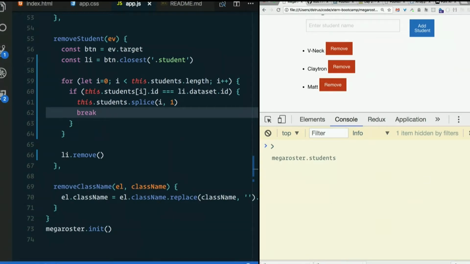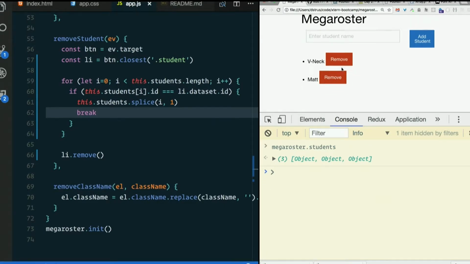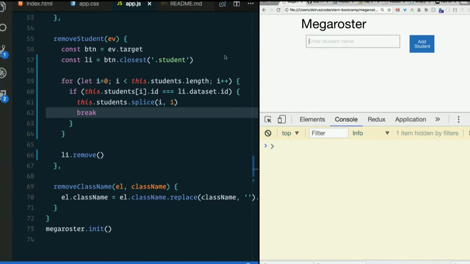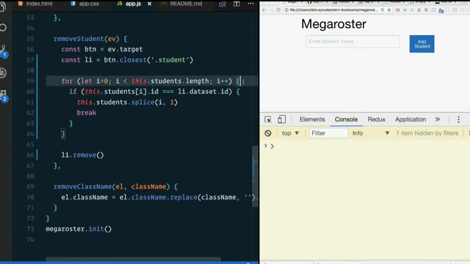Let's look at megaroster.students. There we go. We got 3. Remove Claytron. Nothing personal. Still got 3. What? Did I refresh? Did I save? I did. Oh, yeah. It's the triple equals. So, what gives? On the dataset, it's a string. On the student, it's a number. So we could make that double equal